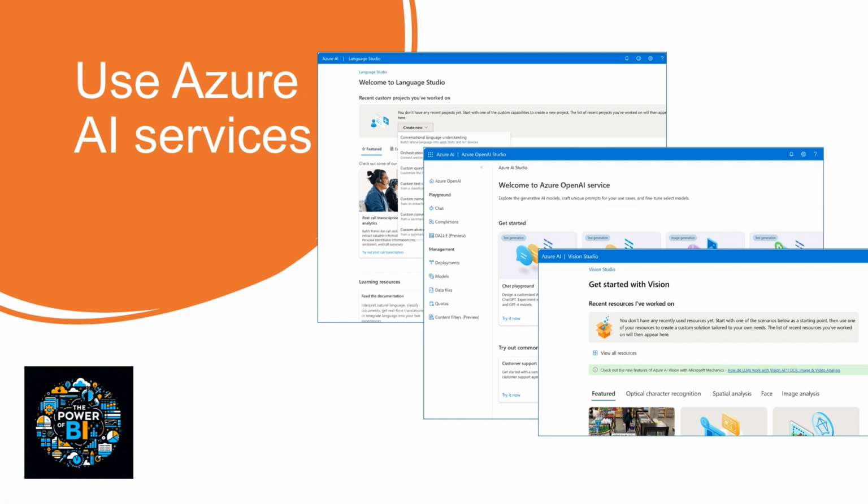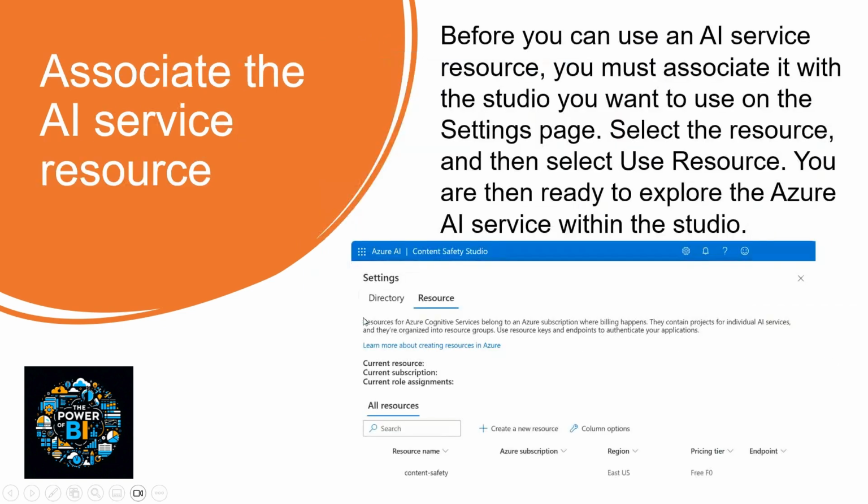This studio-based approach allows you to explore, demonstrate, and evaluate all the services regardless of your experience with AI and coding itself. But before you can use the AI service resource, you must associate it with the studio you want to use on the settings page. In order to do that, we select the resource and then select use resource, and then you are ready to explore the AI service